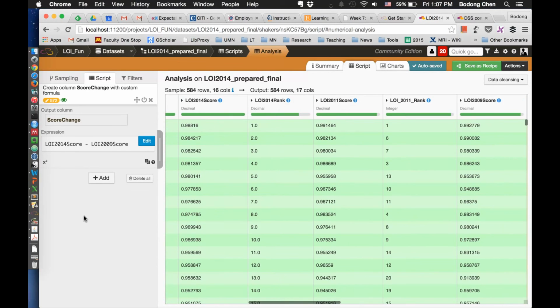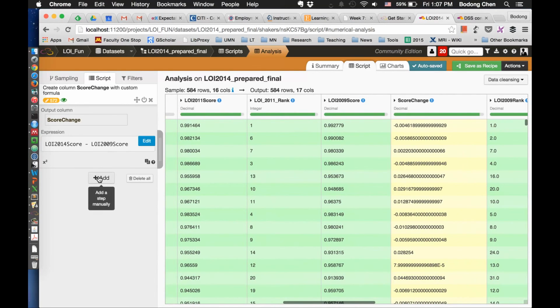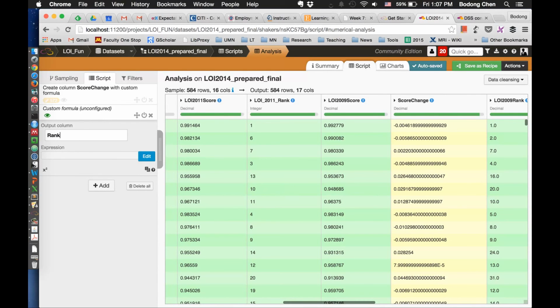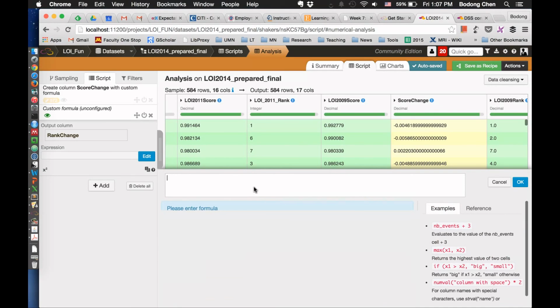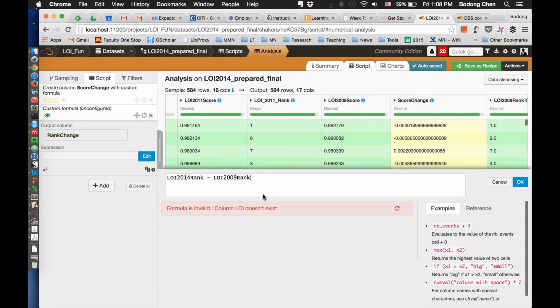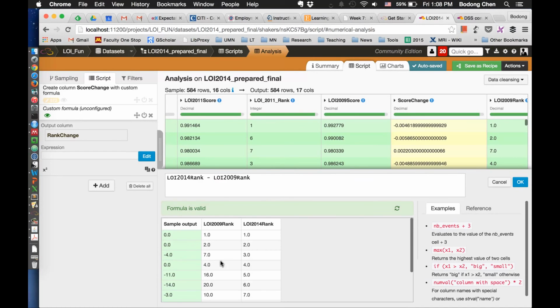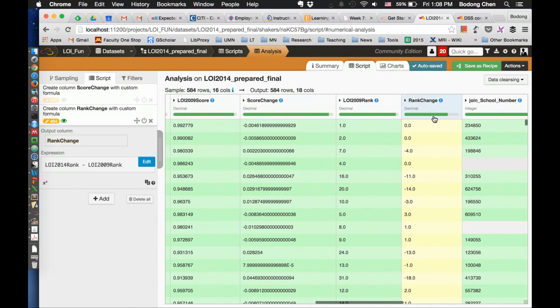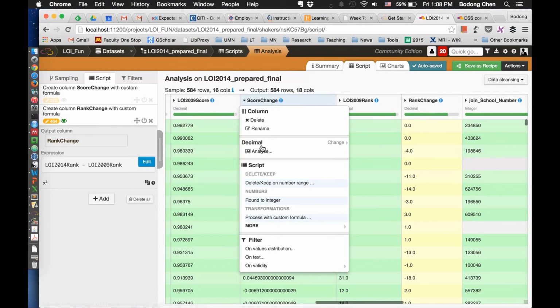We're going to save it, and then there's a new column created somewhere here, and we want to do the same for the rank change, and it's LOI 14 rank minus LOI 9 rank. So this is the sample output. So here we get two new variables we created for analysis, and as I showed, you can do a quick